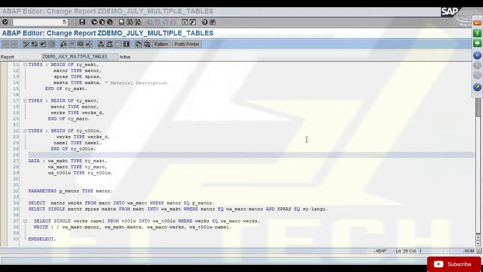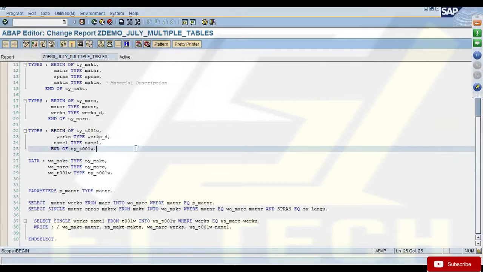with whatever we discussed so far to process the data, we've discussed how to write a select and endselect statement. We've discussed how to write a select single statement. We are trying to process one record at a time for our requirement, just because the data objects or the memory that you have defined in your program can only store one record at a time, right?